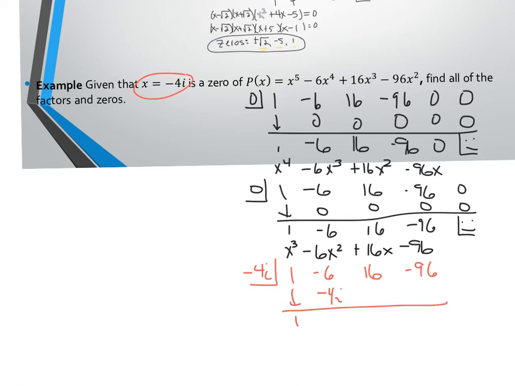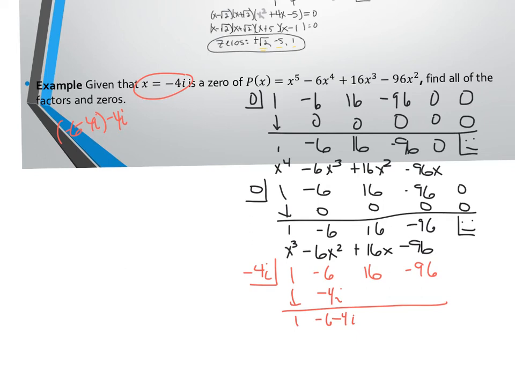Let's see, negative 6 minus 4i does nothing. And then if we take negative 6 times negative 6 minus 4i times negative 4i, that gives us, let's see,